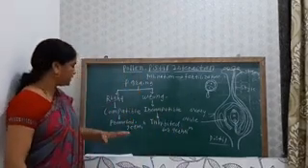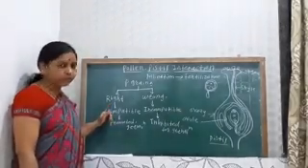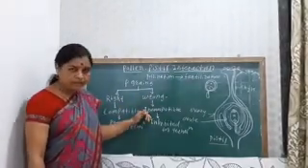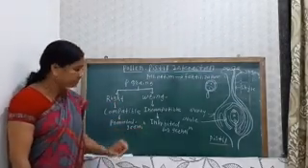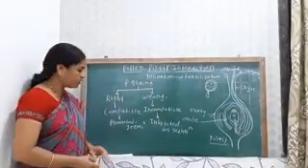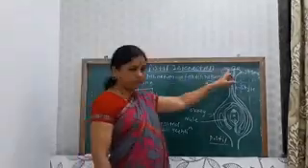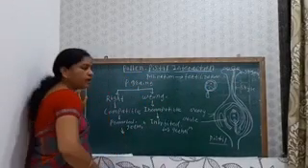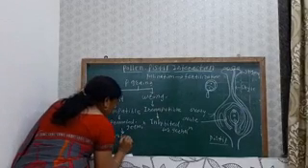The right type of pollen grain is known as the compatible pollen grain, while the wrong type is known as the incompatible pollen grain. The right type is promoted for germination, while the wrong type is inhibited. So what happens when the right type of pollen grain falls on the stigma? It germinates, that is, it absorbs water and nutrients.